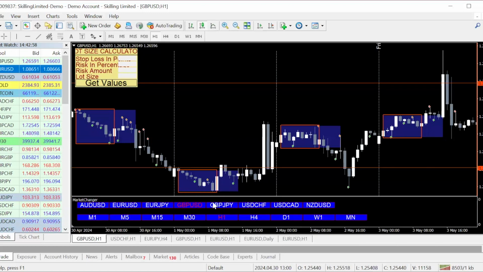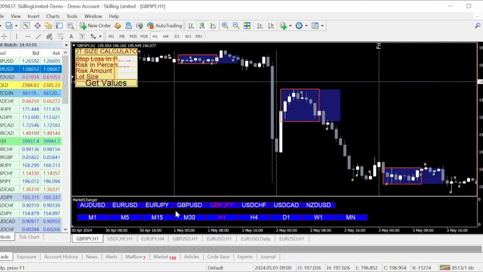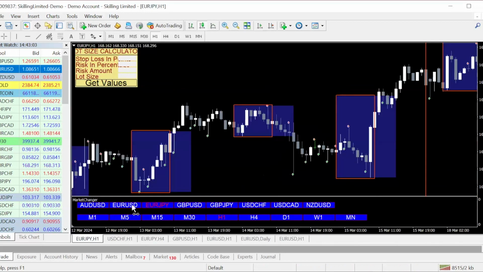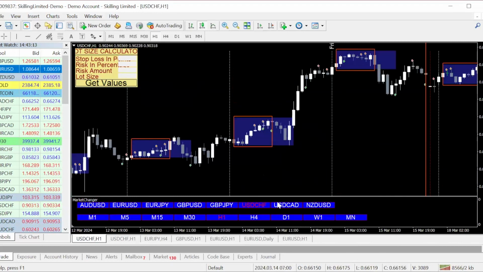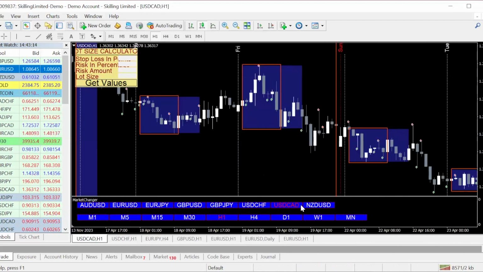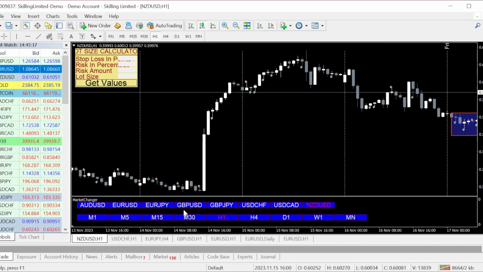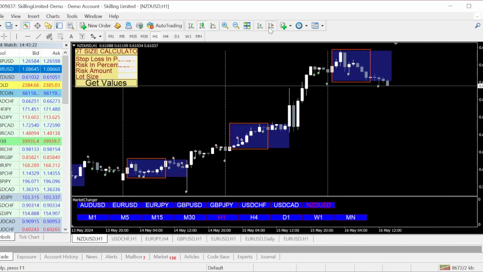So you can use this on the instruments you can see here. You can see GBP/USD, GBP/JPY, EUR/JPY, EUR/USD, and then these other ones others have tested it with, like AUD/USD, USD/CHF, USD/CAD, and NZD/USD. So I'm going to use one of the instruments to explain how this really works. And then we check the historical performance of the system. So what you normally will wait for is, this is what you want to trade with. For example,